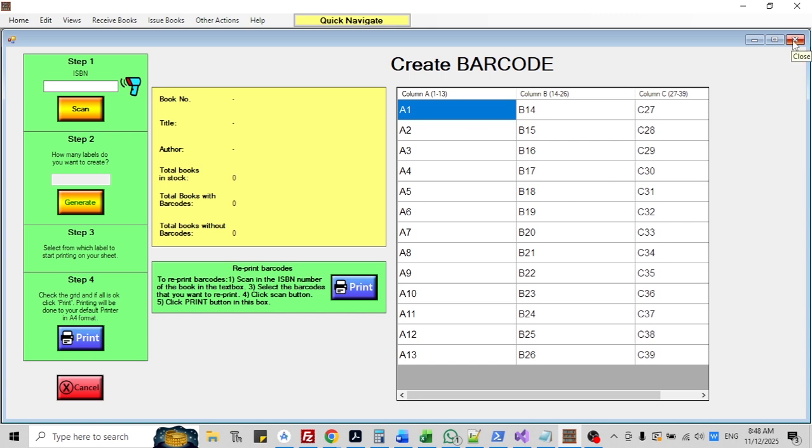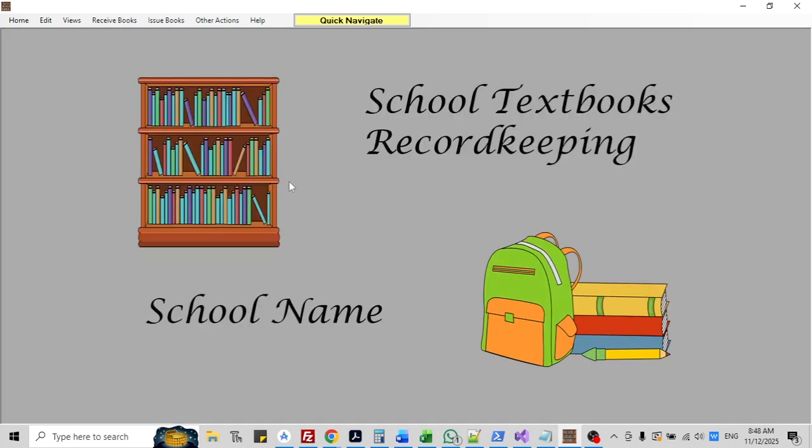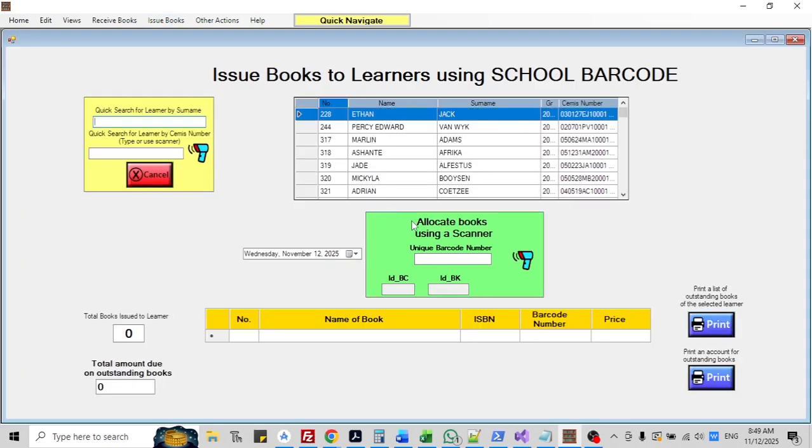And most of the schools are using the teacher helpers to do this part of the program. The creating of the barcodes is all automated, and it's very, very simple. You can give children this to do, it's so easy. But let us go now to the issuing of books. If I want to issue a book, I click on issue book, learner, and now I can search for the learners' names.